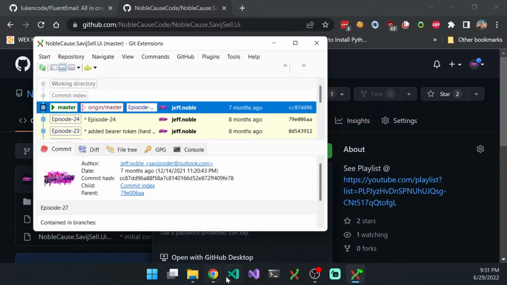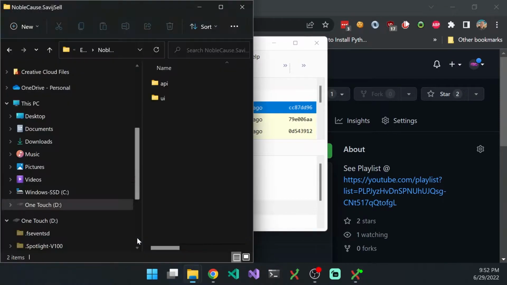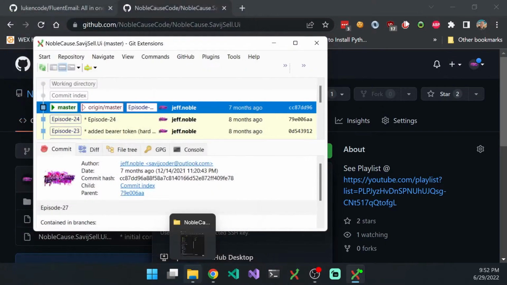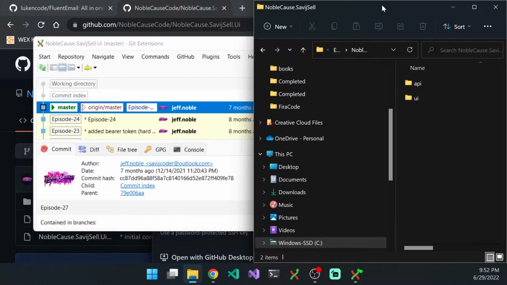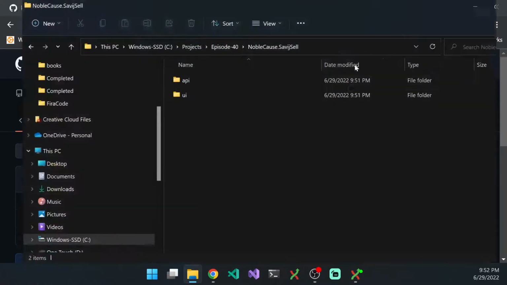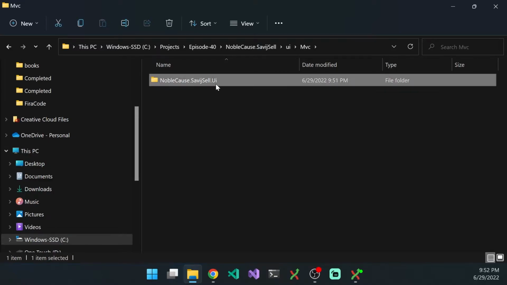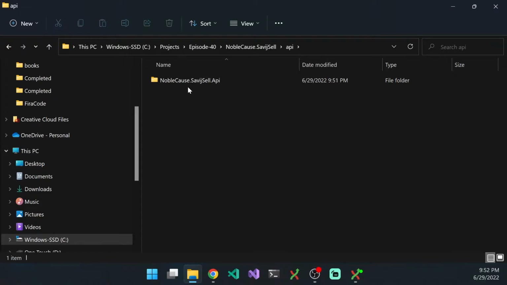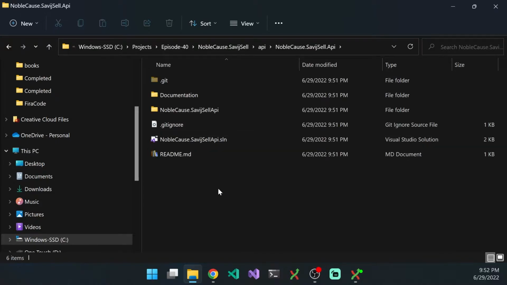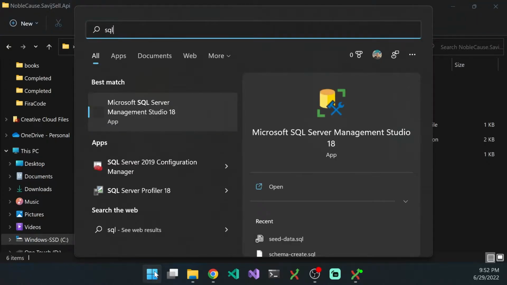Awesome. So if we look at our folder now, we don't need that one anymore. In my UI, I've got MVC, and there's my UI project. And then inside my API, I've got my API project. Now, I don't know if I actually even have SQL Server